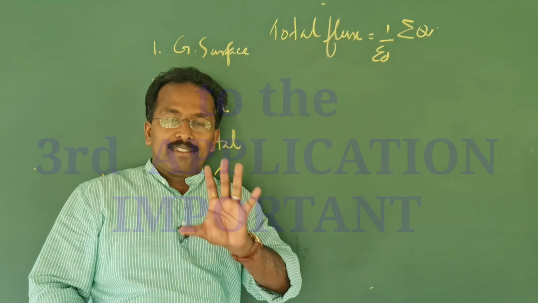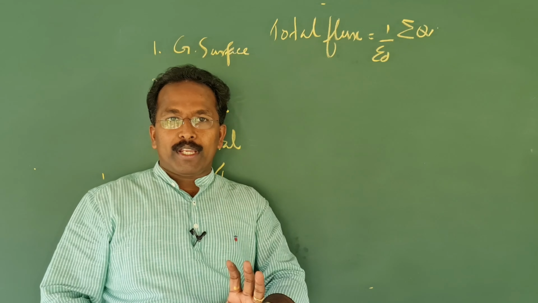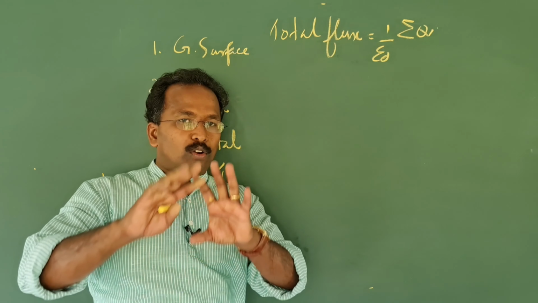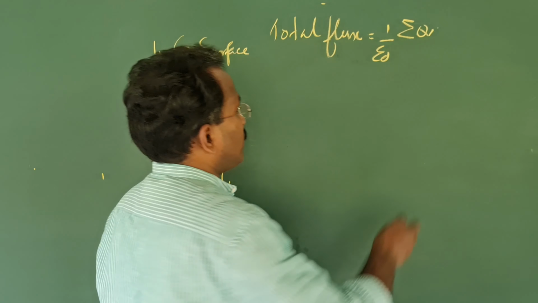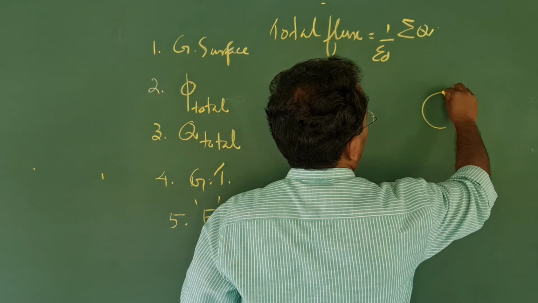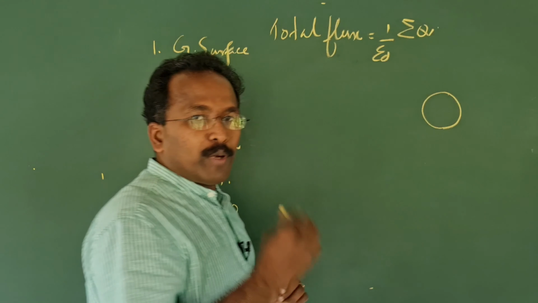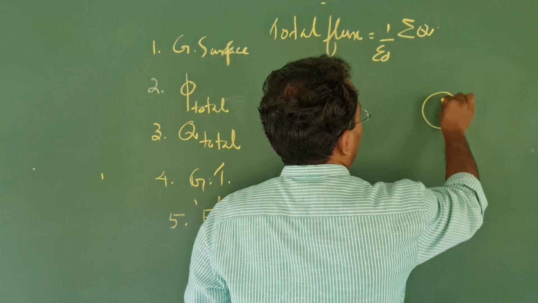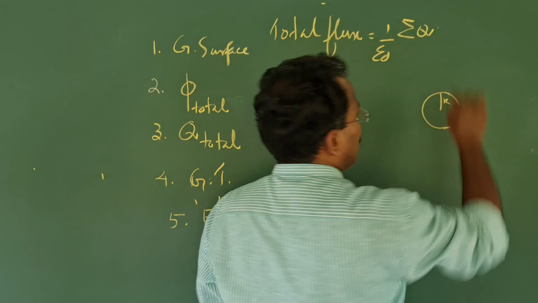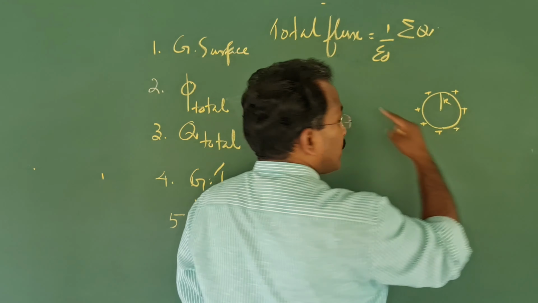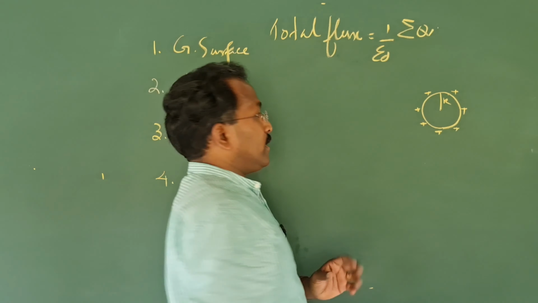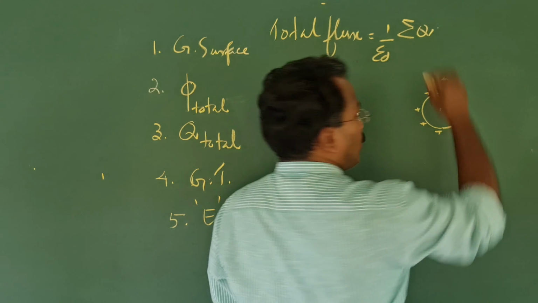Now we go for the third application. In the third application, you will be given a copper shell. Shell means something hollow inside. So the situation is something like this. You have a copper ball whose radius is capital R. It is given a charge. When you are drawing the charge on it, don't forget to draw it symmetrically, because that is how it actually appears. So the charge on it is Q.